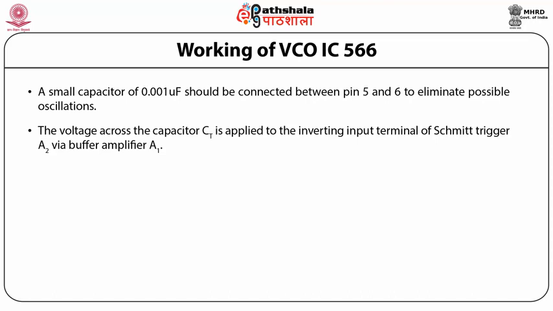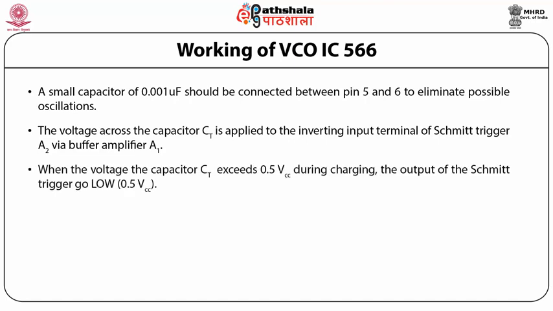If RA is equal to RB in the positive feedback loop, the voltage at the non-inverting input terminal of A2 swings from 0.5 VCC to 0.25 VCC. When the voltage at the capacitor CT exceeds 0.5 VCC during charging, the output of the Schmitt trigger goes low, that is 0.5 VCC, and the capacitor now discharges, and when it is at 0.25 VCC, the output of the